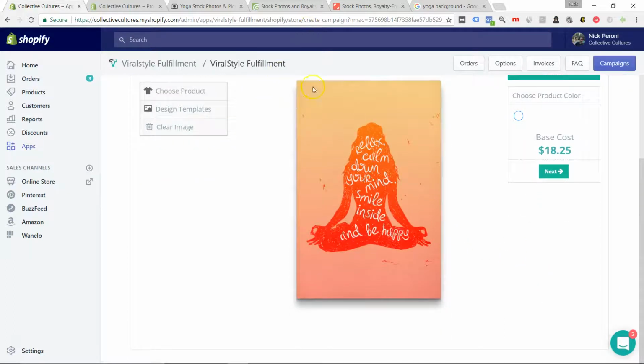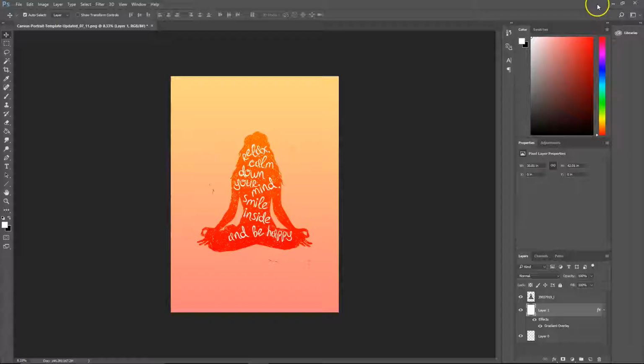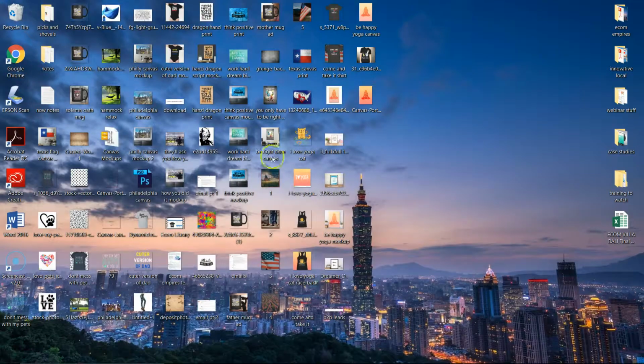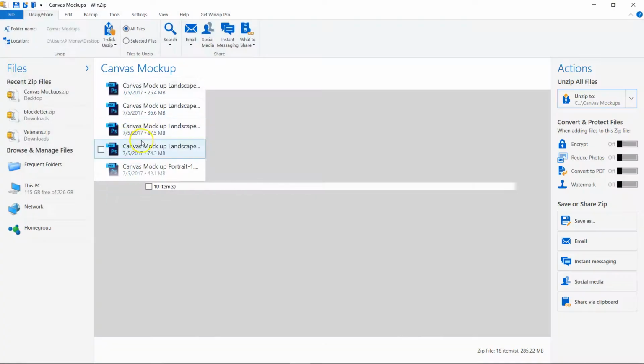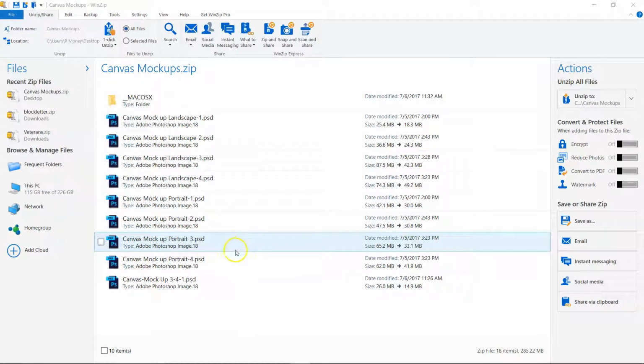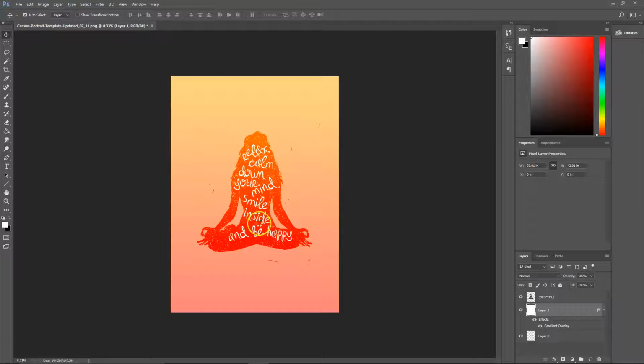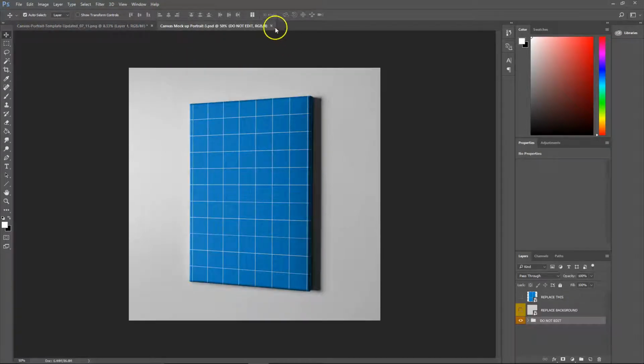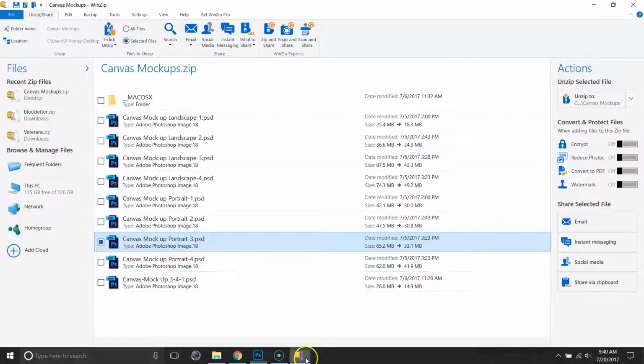Now, when you're ready to create a mock-up for this, you need to be able to get mock-ups for canvas prints. So Viral Style gives a few on their website. Where is it? Here it is. Canvas Mockups. Viral Style gives a few of them. So this is a portrait. So you would just find a portrait photo that matches or the mock-up that you want to use. Like if you wanted to use that,